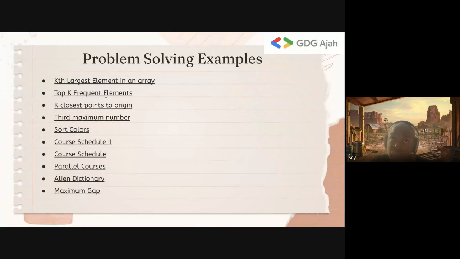Okay. So you see how this k largest, top k frequent, k closest, they are the same pattern. They follow the same pattern. Somehow, when you see top k, a heap is there. You can either use a heap, you can use quicksort, you can use any of those things.